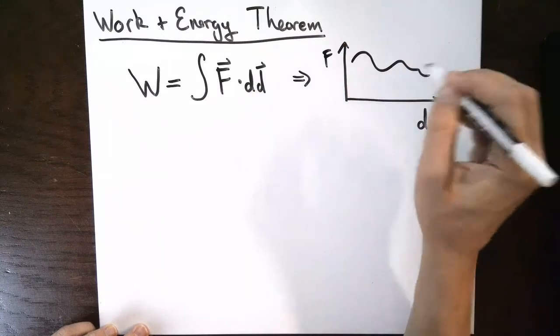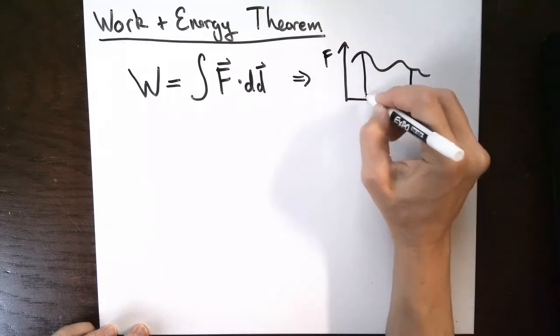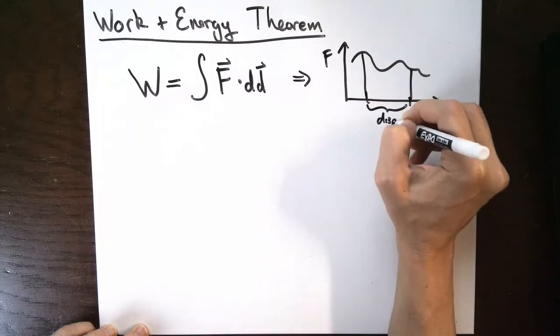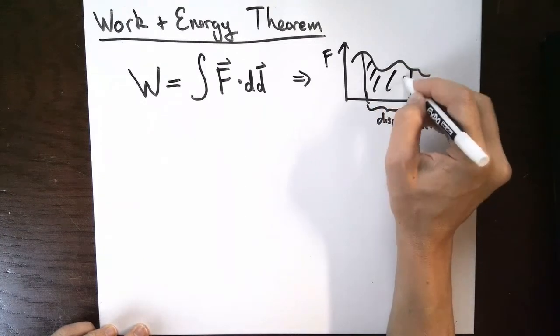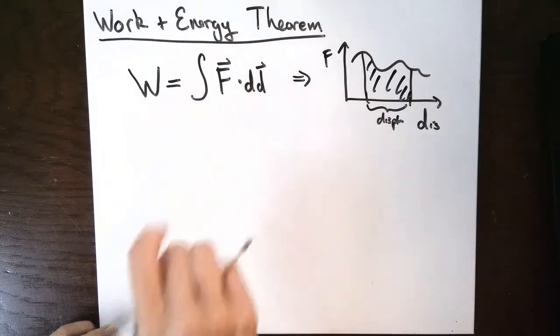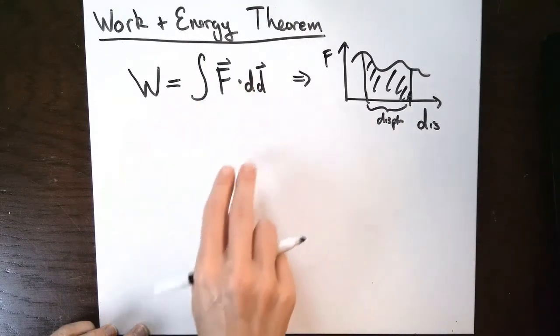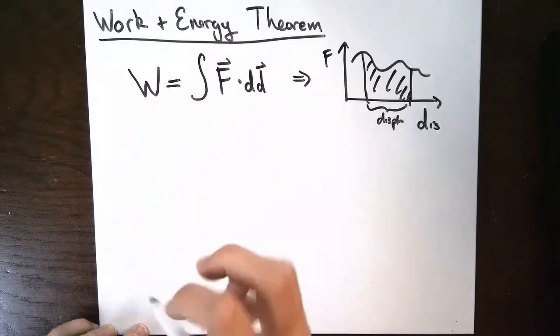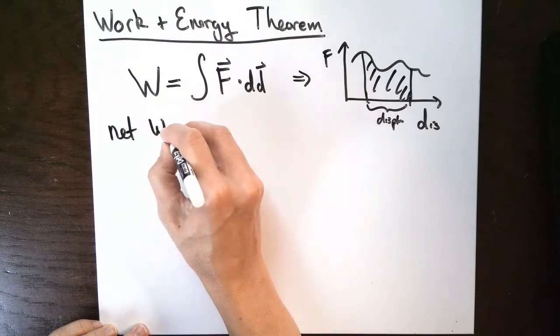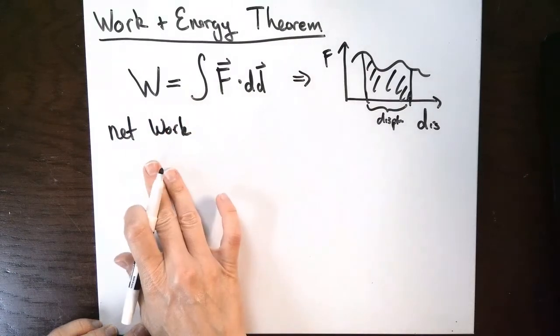So force does this, work is going to be, if you go from there to there, and that's your displacement, work is going to be this area under the curve, just by virtue of how you can interpret an integral. But that's what work is for an individual force. Now we need to talk about net work, and that is just the sum of all the different works on